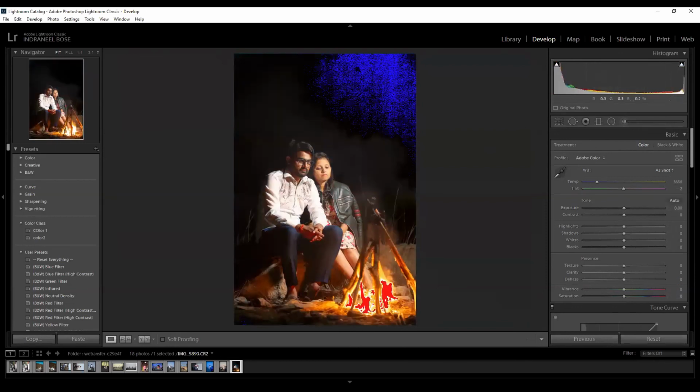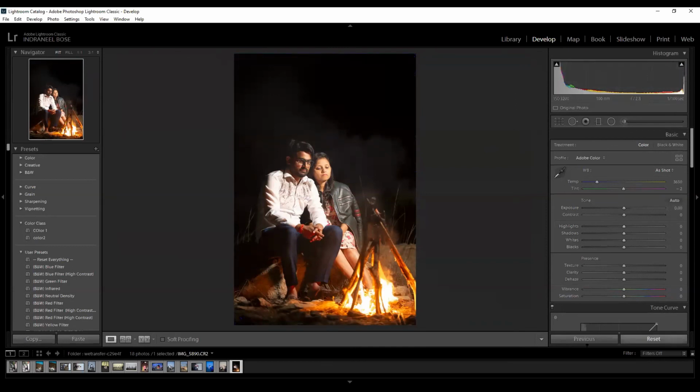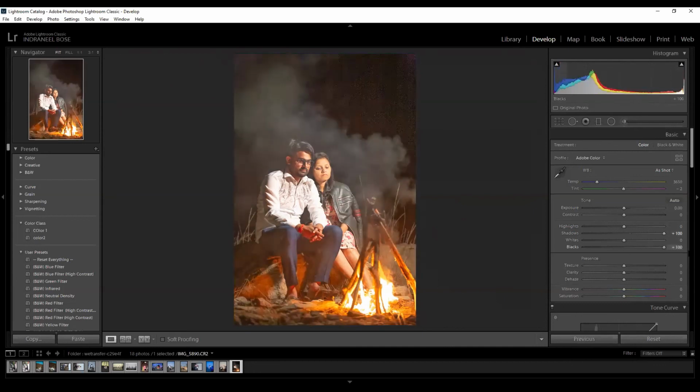Understand? Now see. Can you see the blue clipping marks? It means the shadows have no information over here. Now, if I try to pull the shadows and blacks, and I try to put the color also, it won't influence that particle. Only the noise particle is getting informed.